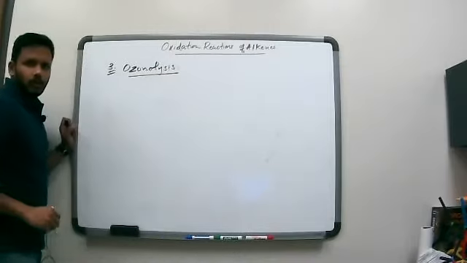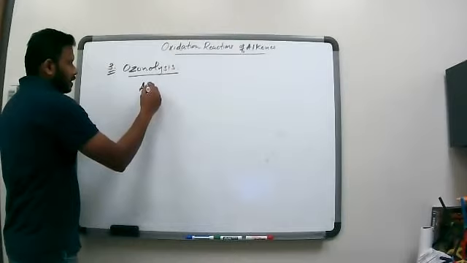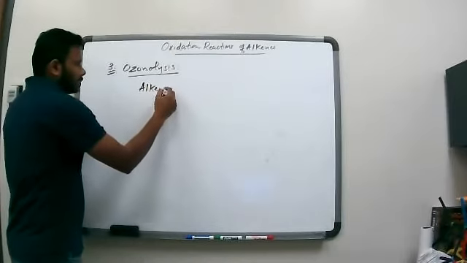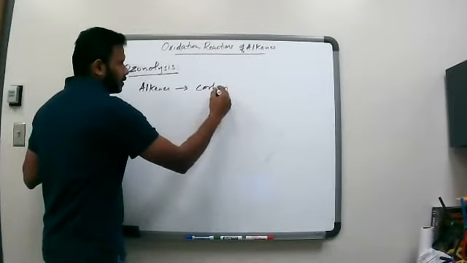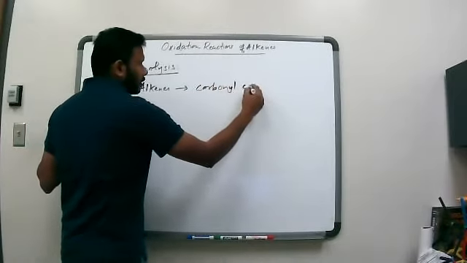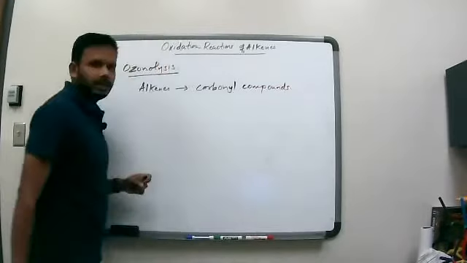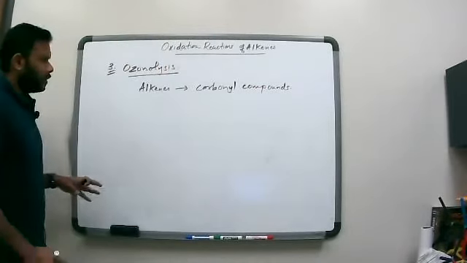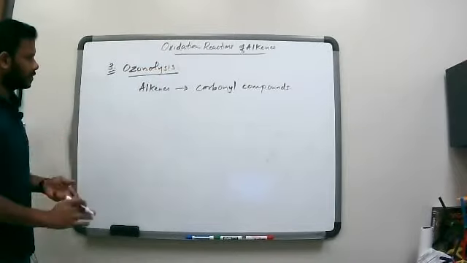Okay. What ozonolysis does is it converts alkenes into carbonyl compounds. Okay, it converts alkenes into carbonyl compounds. And just to give you an overview of what happens in this reaction,